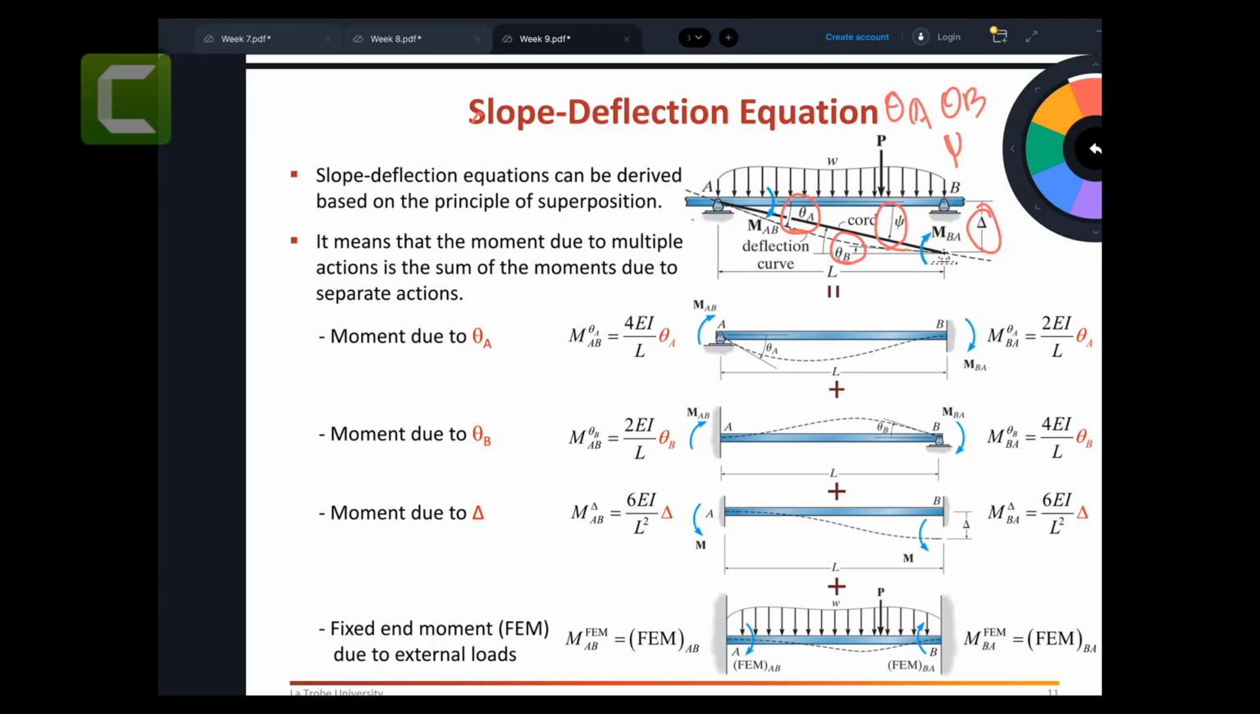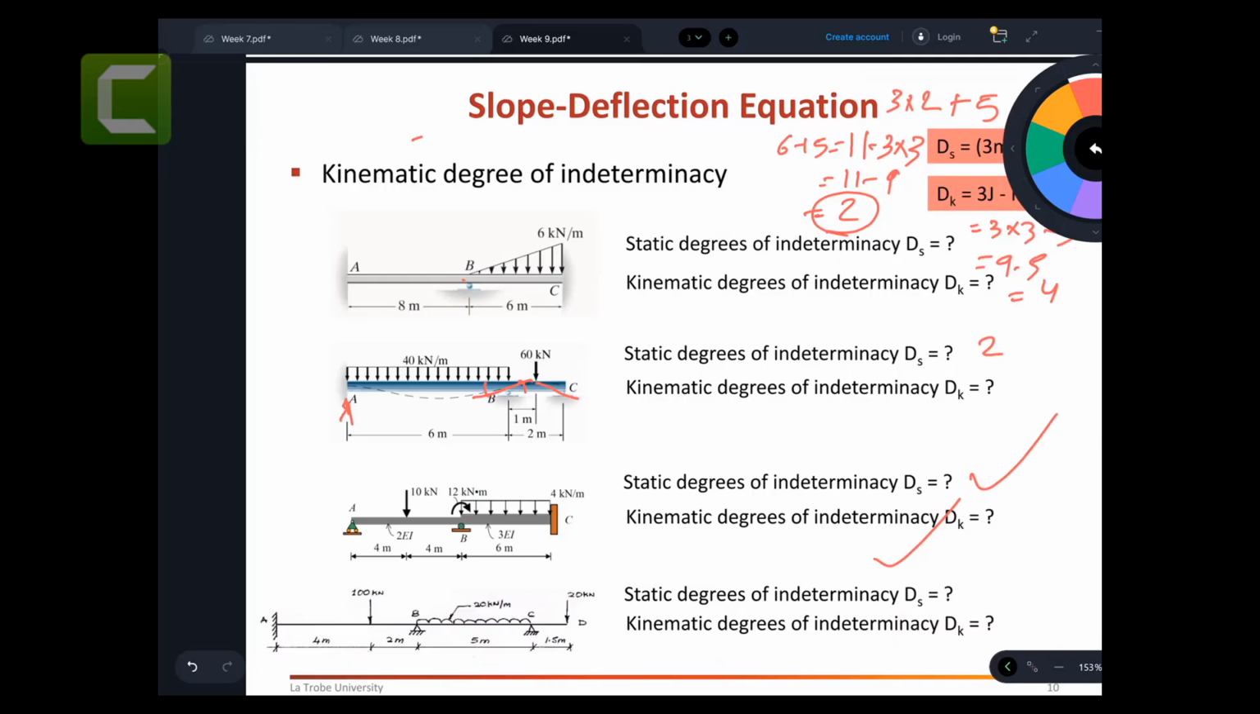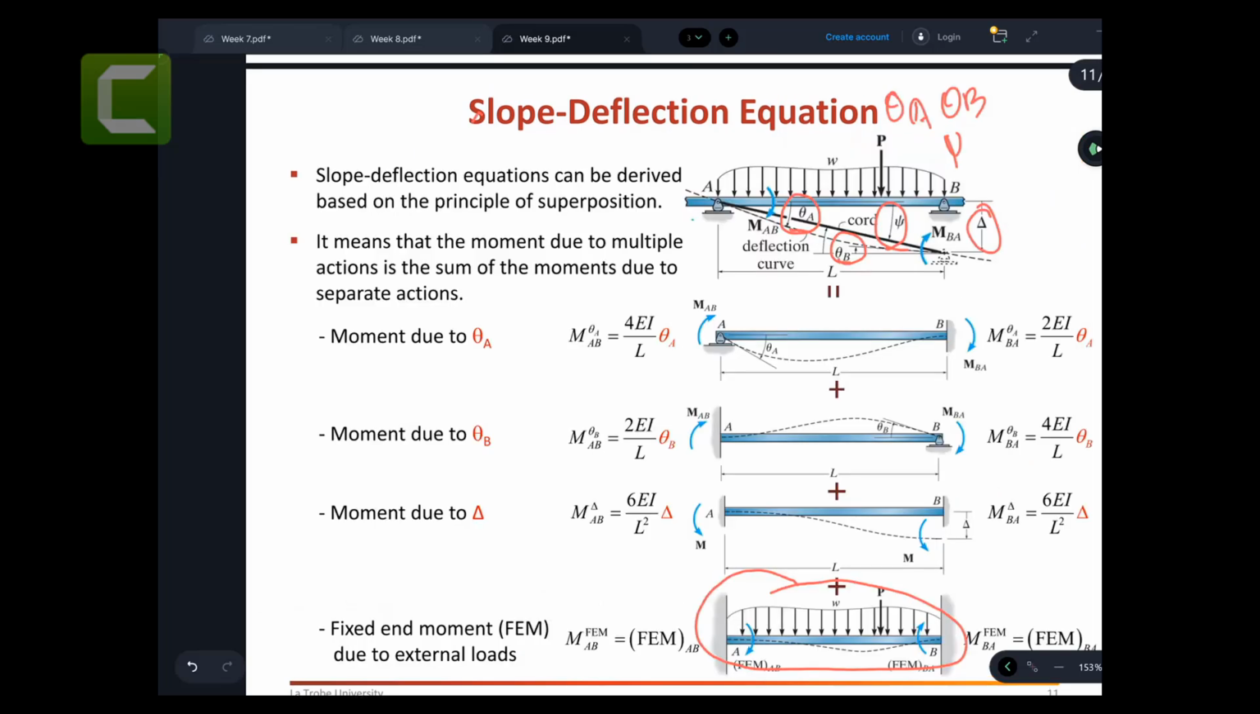What if I remove all these members? Let's say all these kinematic indeterminacies are removed. Can you please tell me what is the kinematic degree of indeterminacy for these ones? And the equation for these ones would be 3j minus r. 3j minus r. Can you please tell me the kinematic indeterminacy of the structure here? 3j minus r is the